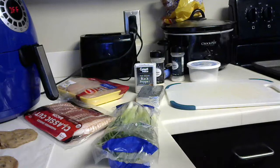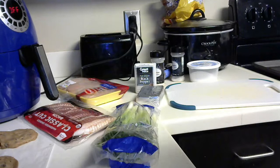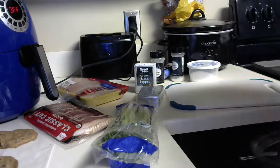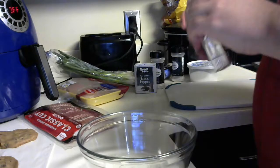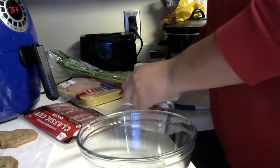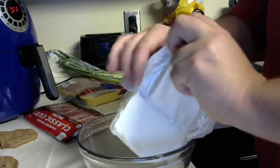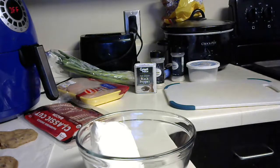So, what we're going to do today is I'm going to show you a way to make this stuffed chicken. So, what you want to do first is grab a bowl. And you want to soften the cream cheese up a little. Okay. Plop that right in. Okay. And then